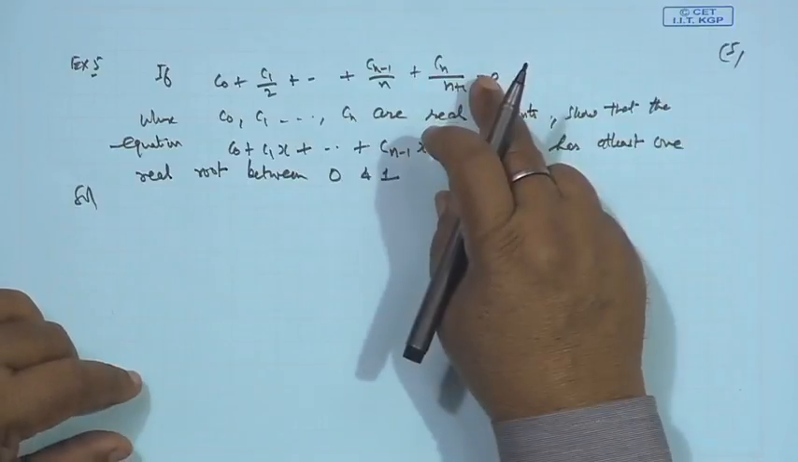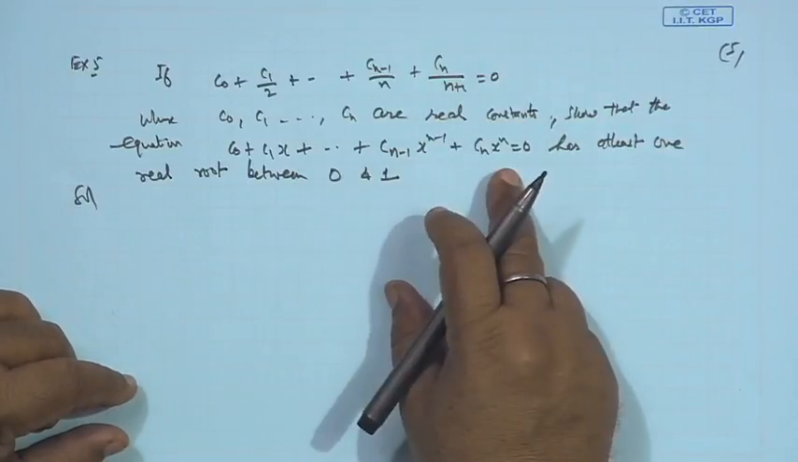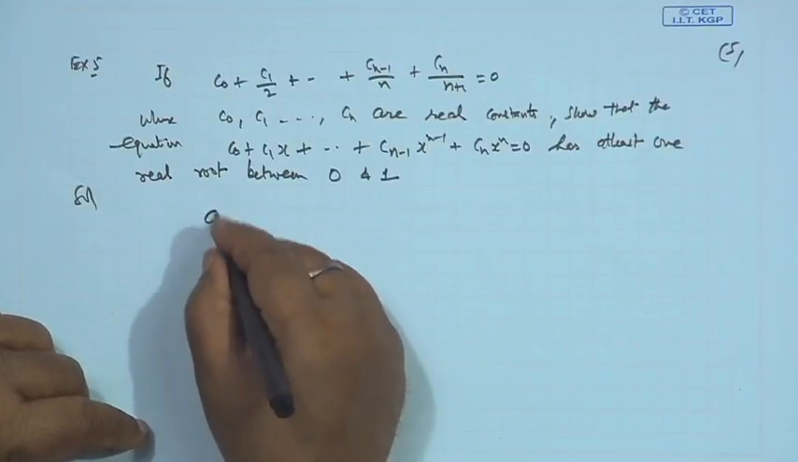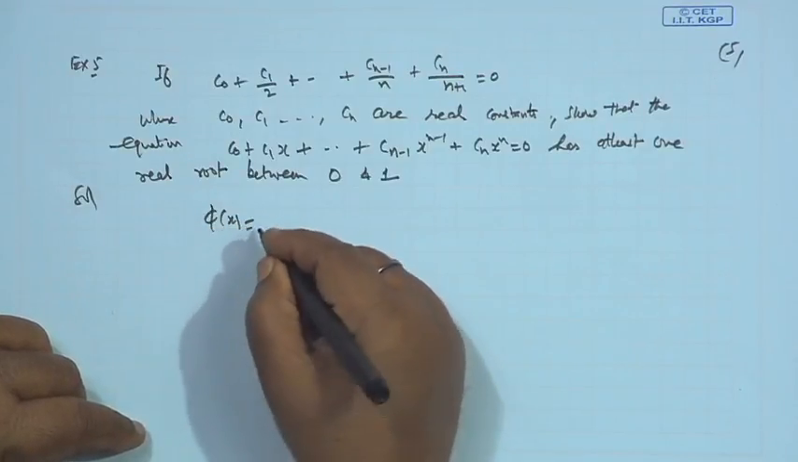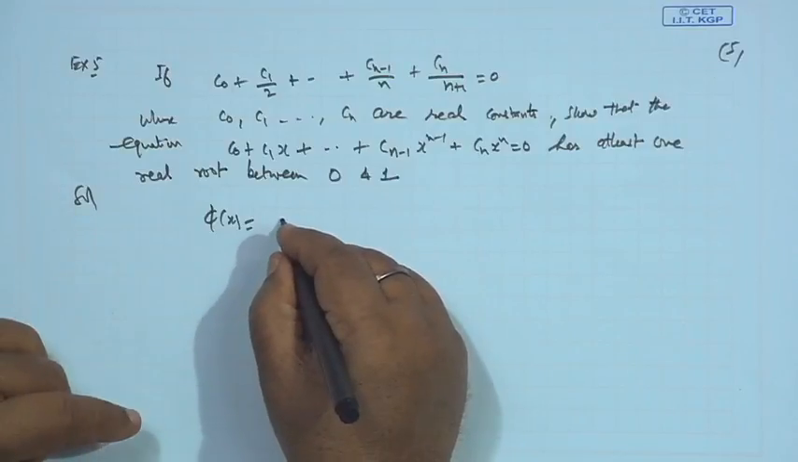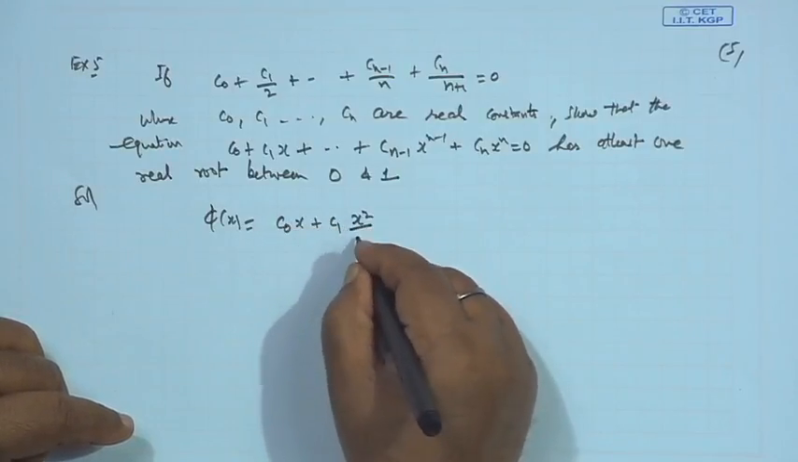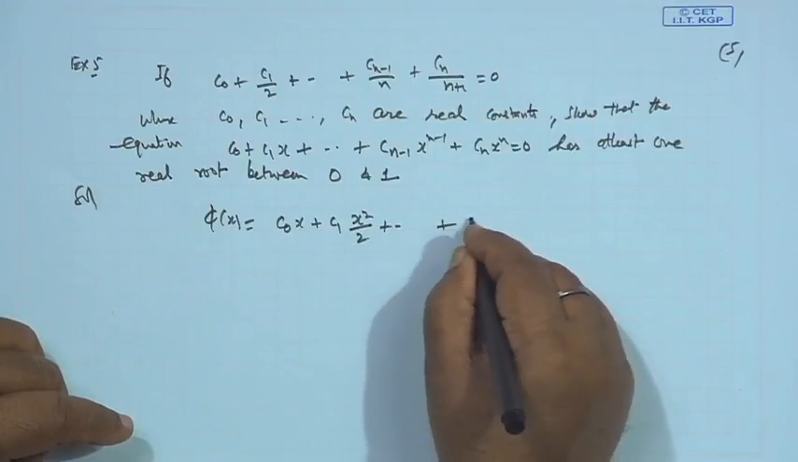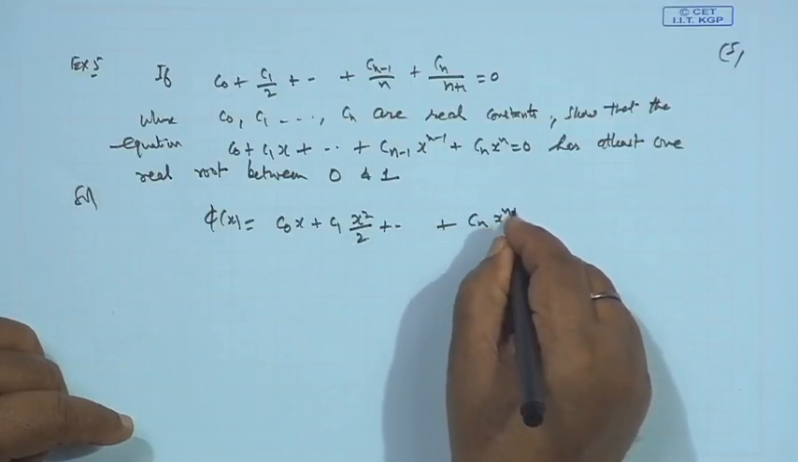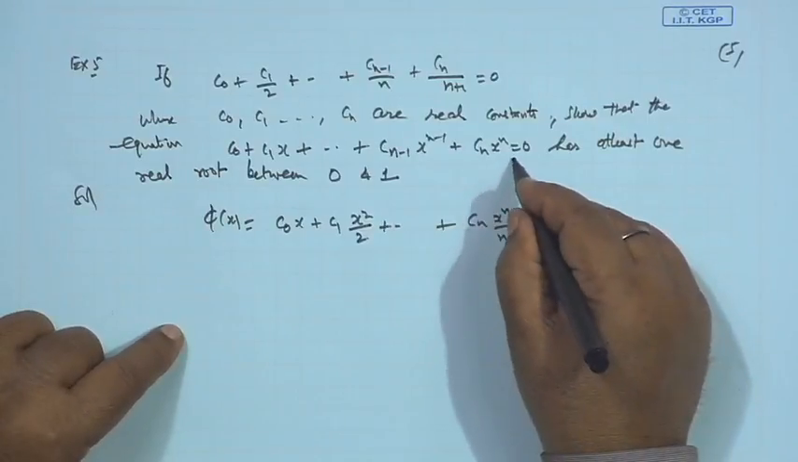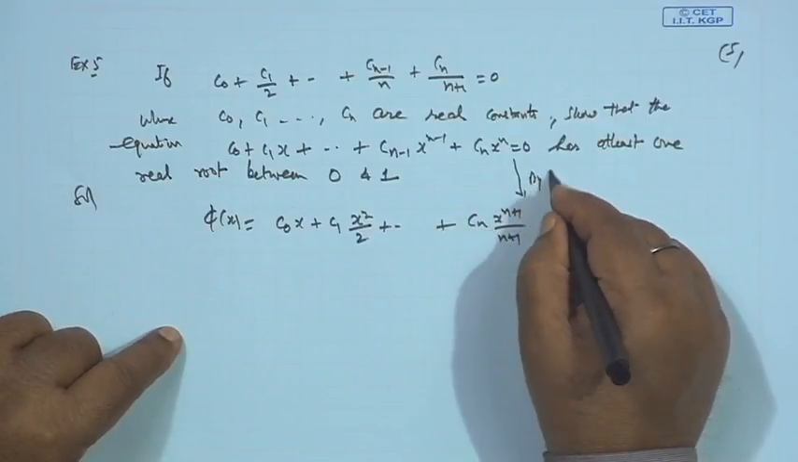So, this is given. We want to show this function has at least one real root in (0, 1). So, if we look at the function phi(x), what is this function? Construct the function phi(x) as c_0 x + c_1 x^2/2 + ... + c_n x^(n+1)/(n+1). This I have basically taken from here by integrating,